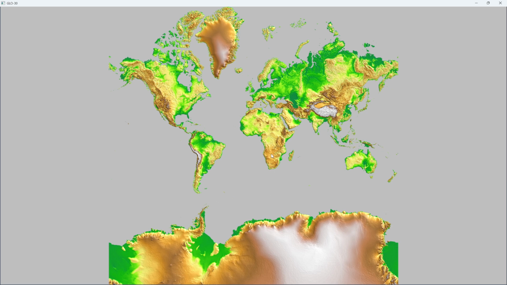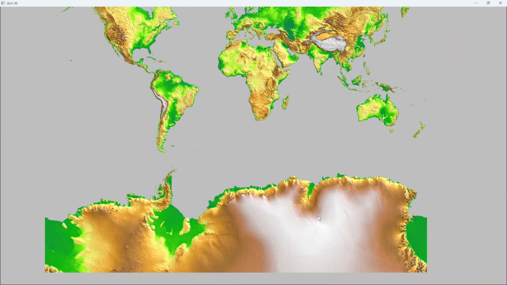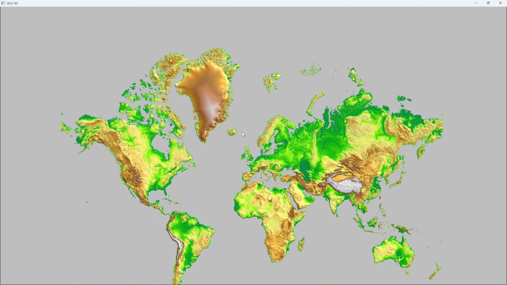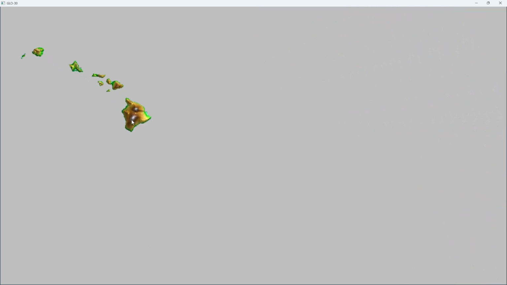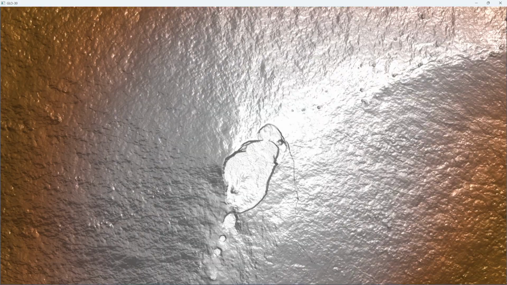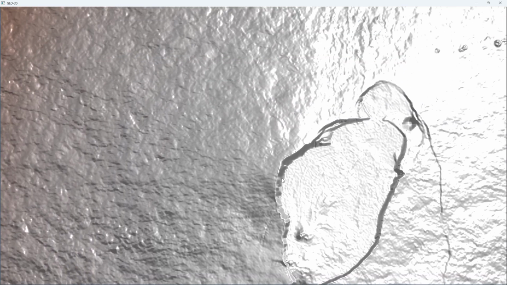So as I mentioned, this is a 1 arcsecond resolution data set. So it's about 30 meter across the entire globe. So it goes from pole to pole. Here we're in popular CRS projection, so we're only seeing down to about 85 degrees, but the data set extends right to the poles north and south. Of course, there's nothing at the North Pole. And so if we zoom right in, you can see that it's high resolution data, some of the best data available